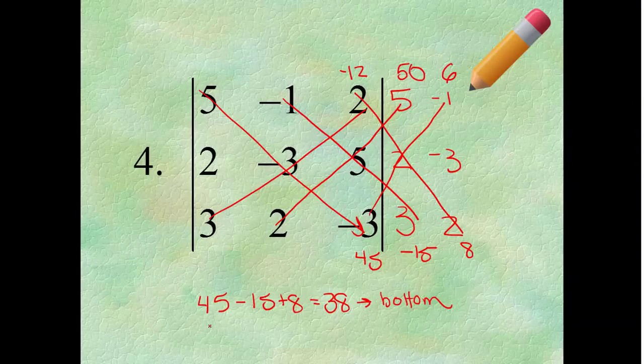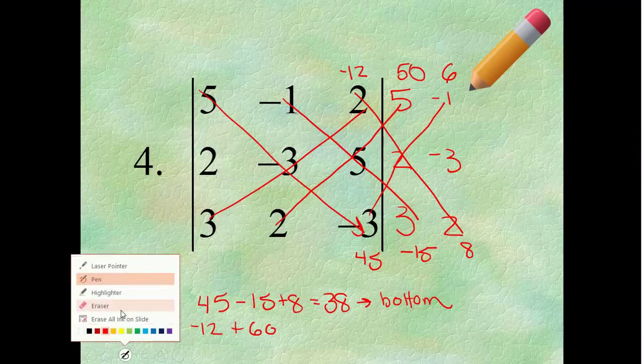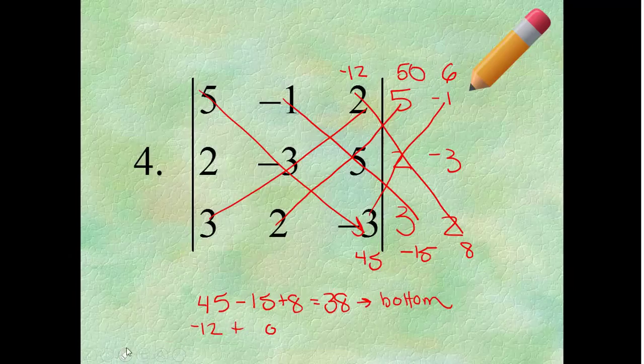So my top is -12 plus 50, plus 6. And that is also 38. So that's my top. So now remember, you got to go bottom minus top. So 38 minus 38,